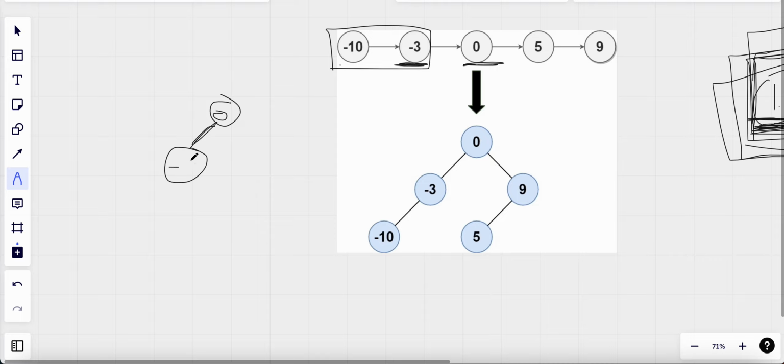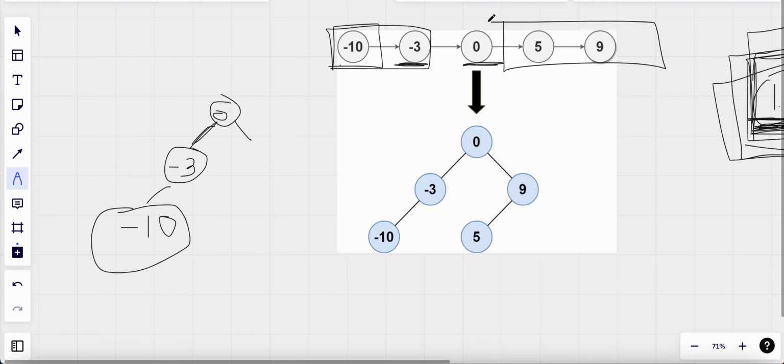So we add -3 as its left child, and then now this whole thing goes towards the left of -3, and since it is the only root node, we add -10 to this tree. Now next what we do is towards the right, we have these two nodes, and we take the ceiling value, and what we find is